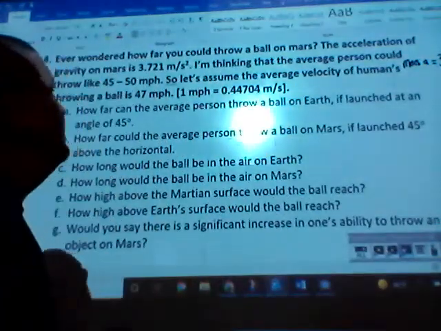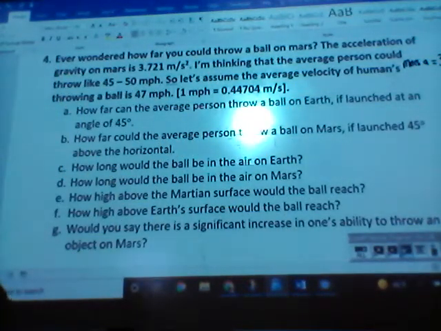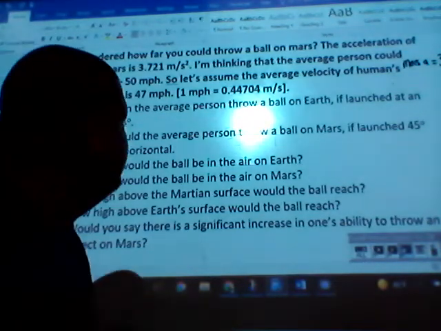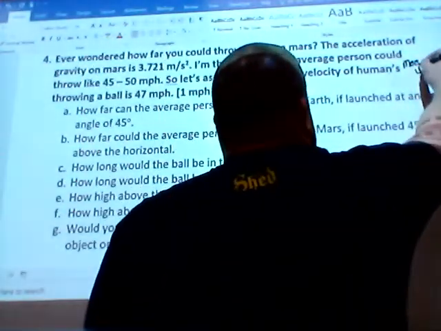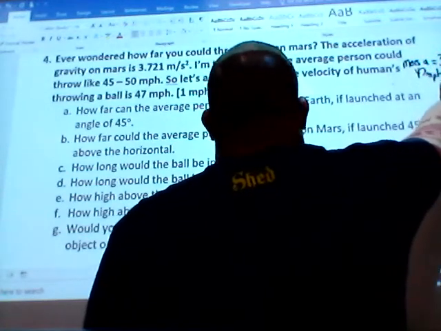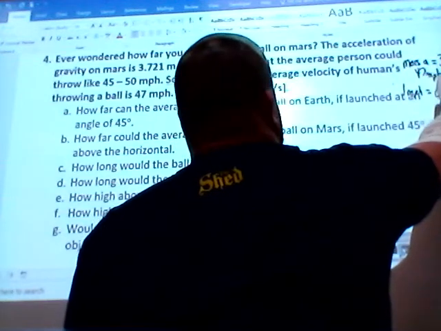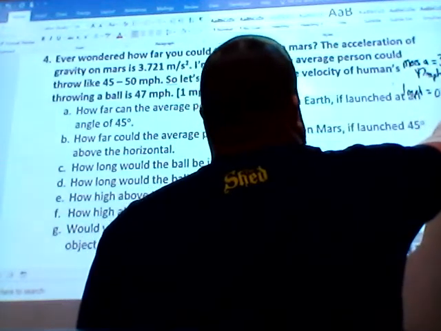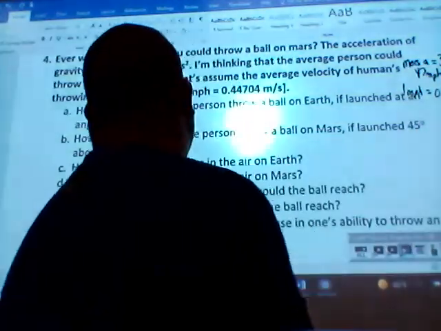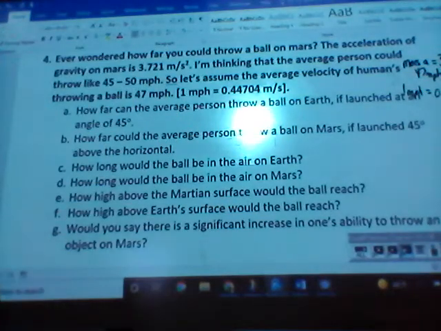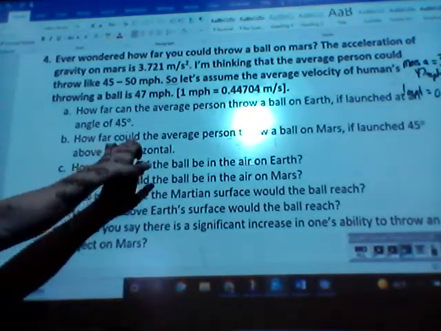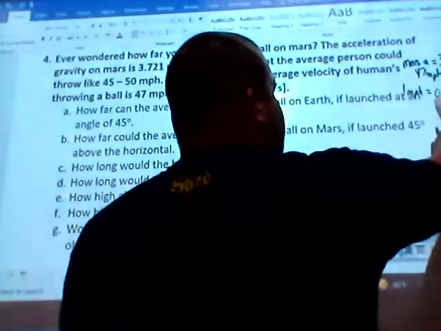Okay. I'm thinking that the average person could throw like 45 to 50 miles an hour. So let's assume the average velocity of humans throwing a ball is 47 miles per hour. We've got a conversion factor of 1 mile per hour equals 0.44704 meters per second. And then it's going to ask us, our launch angle is going to be 45 degrees